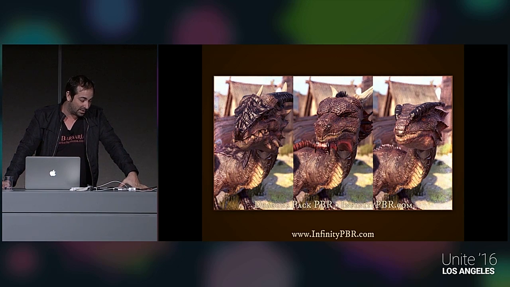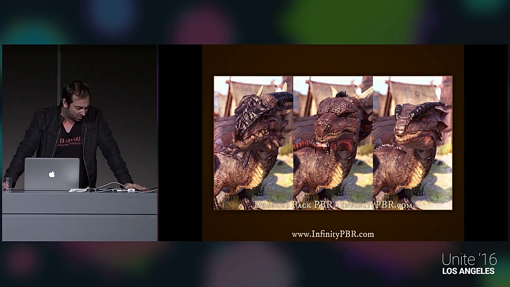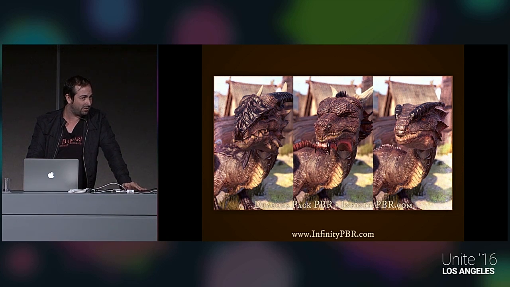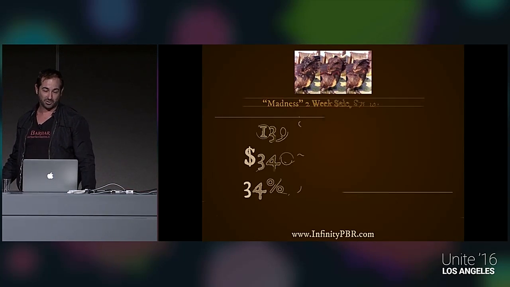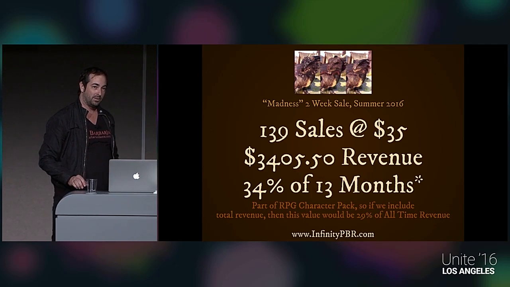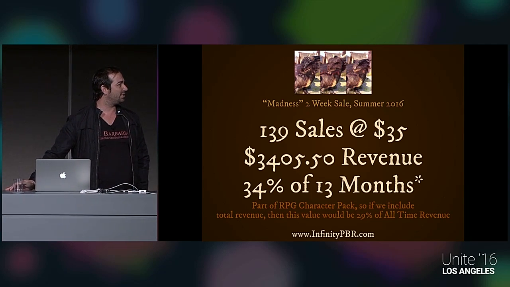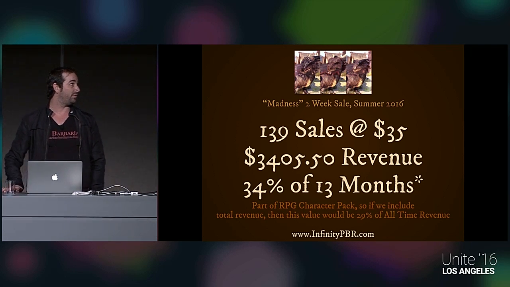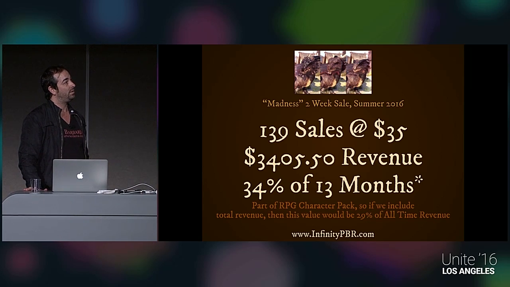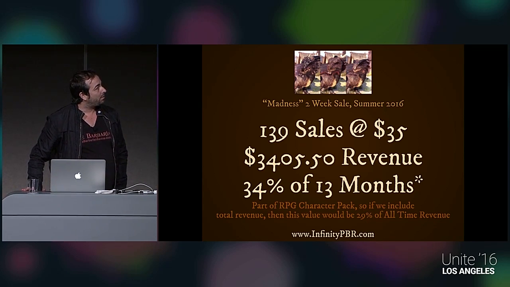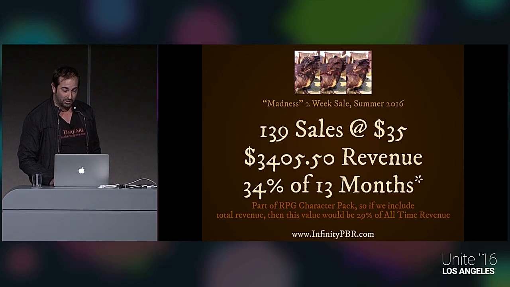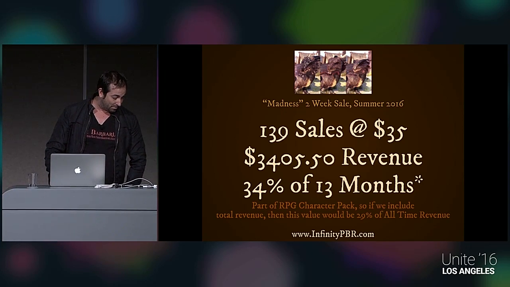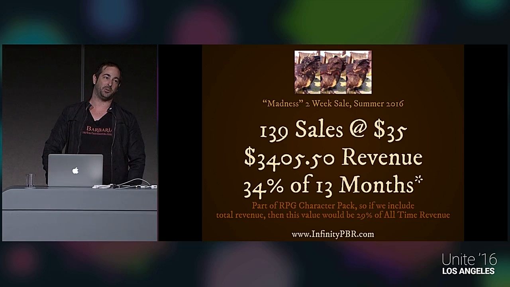But next sale, the Dragon was on sale for a good amount of time. For 2 weeks, I think, give or take. It was part of the Madness sale this past summer. And during that time, it had 139 sales, which is much better than 47. At a discount, it was a 40% discount. Its regular price was $59. So it made $3,400 in revenue, and that's great. That's 34% of its total take of 10,000, do the math. And I'm okay with that, even though I would like to be at that 600 sales level. But that was during the Madness sale, which in my opinion is the best sale you can be in if you have to choose for Unity.